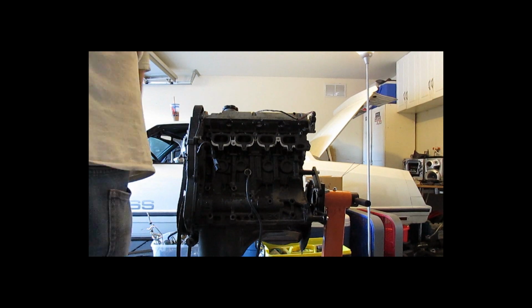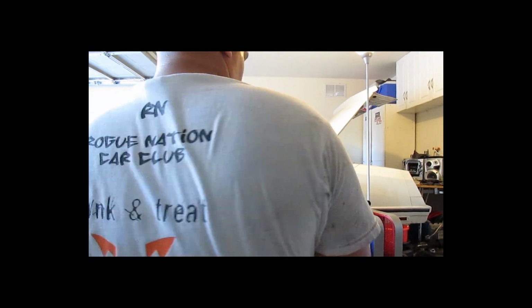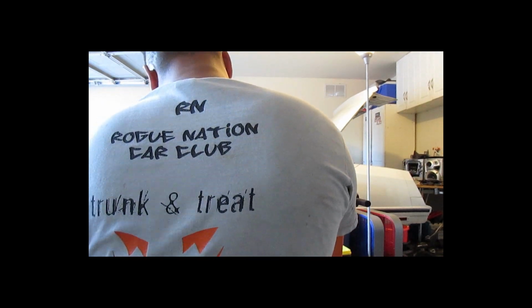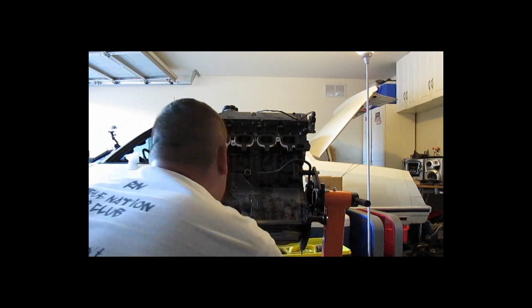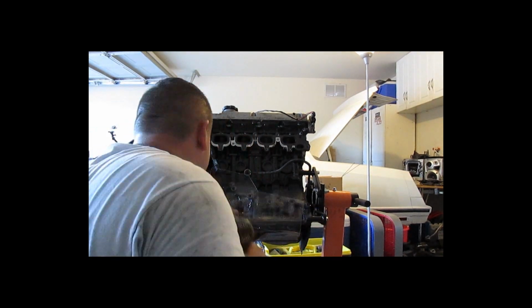So now I've just got to do the same thing with the other side. Go ahead, line up the plexiglass in the spots I need it, draw out the holes, and